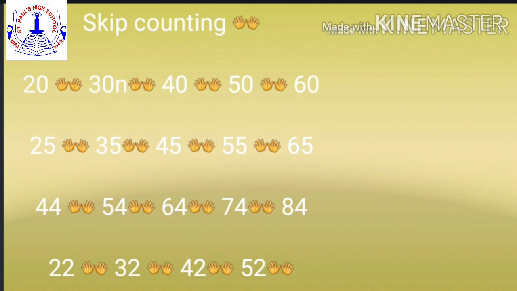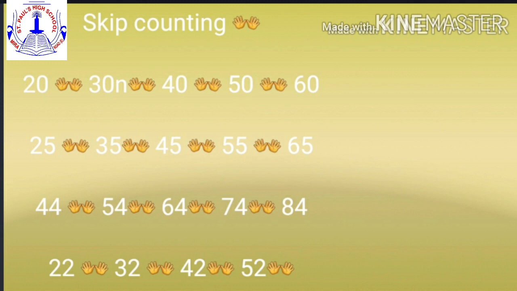Yes. Now come down, children. Again I have changed the ones place digits. Now I have given you 2. So what you have to do, children? Again ones place digit you are not going to change. You will write as it is. And tens place digit you are going to change. You will write the next number of the given number. Now here 22 is the first number.